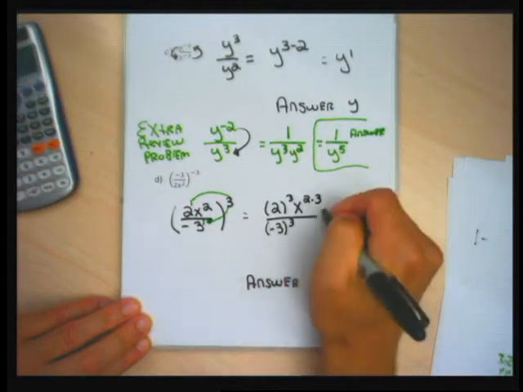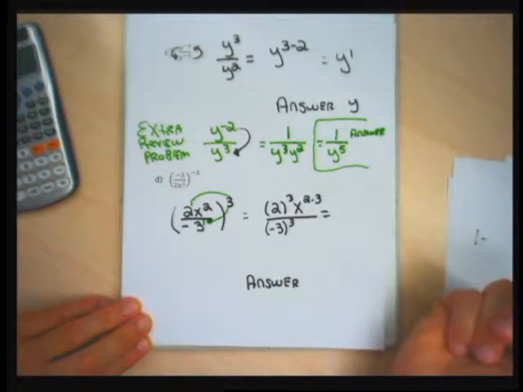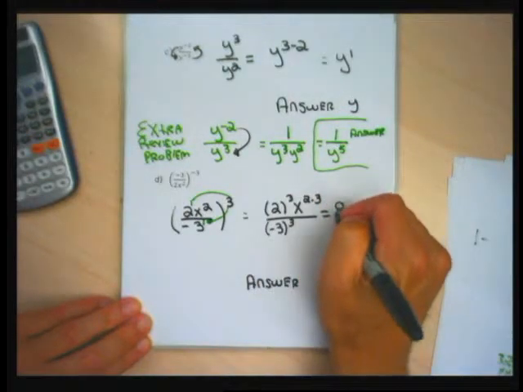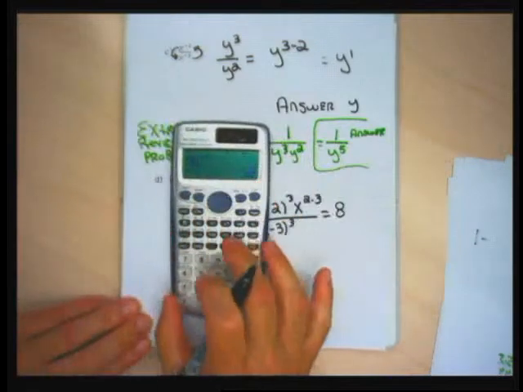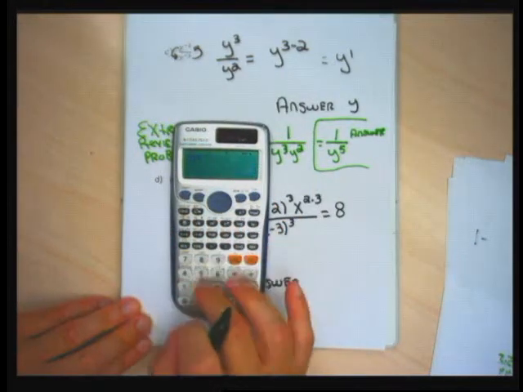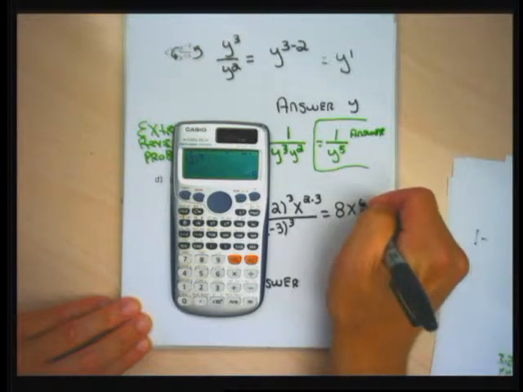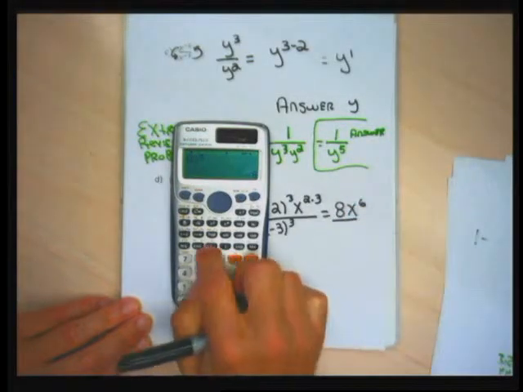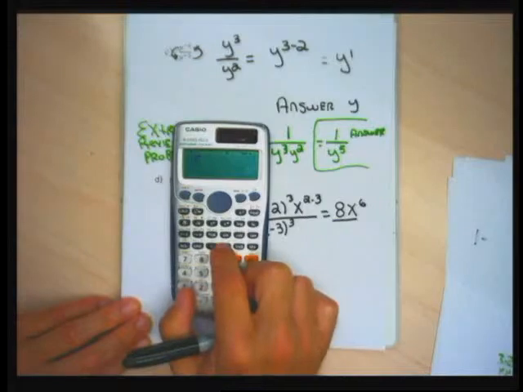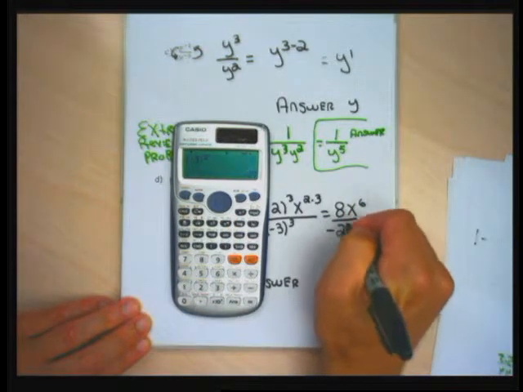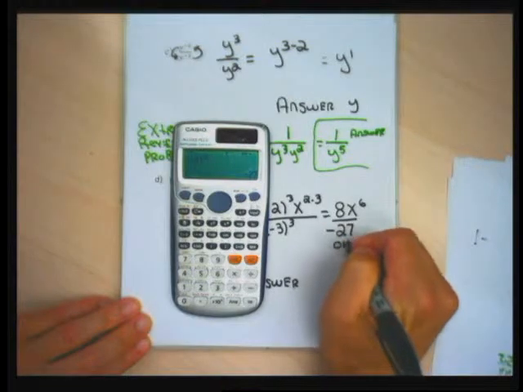But the algebra is going to give me a negative in the denominator, and I don't like that so much. So in the numerator, the 2 cubed is 2 times 2 times 2, which is 8. That I could do on my calculator if I didn't know it. 2 cubed is 8. The 2 times 3 for the exponent on the x is 6. And in the denominator, negative 3 quantity cubed is going to be negative 27. This would be okay for an answer,